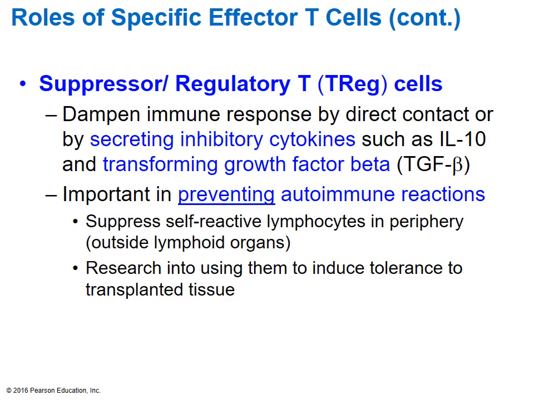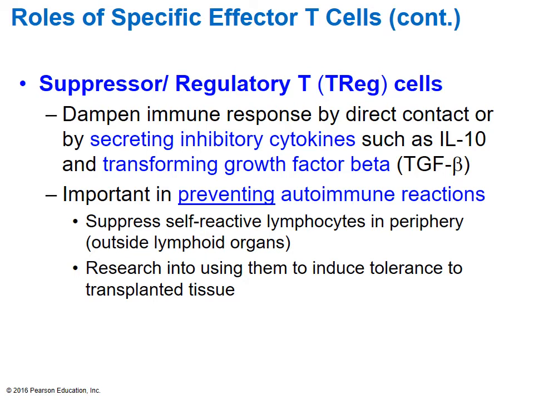Now, we've talked about our helper T cells. We've talked about our cytotoxic or killer T cells. Let's also talk about our suppressor T cells, which are also called our regulatory T cells. The regulatory or suppressor T cells are going to be essential because they help us prevent autoimmune diseases from occurring by basically tapering the reaction of the immune system as we start lowering the amount of foreign antigen